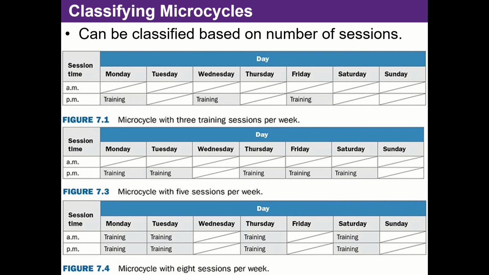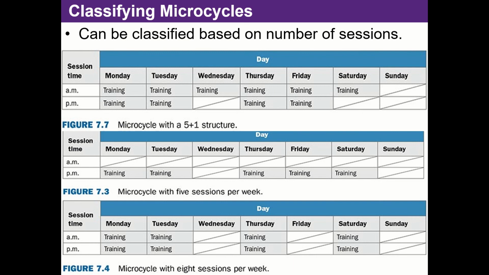Now, the way I just described that, we would have done something really fatiguing early on, and then we would have done something that requires mental energy after that. So that may or may not be the best plan, but that kind of goes in with the individualization of the program, of what works best for your athletes and what works best for you and the schedule that you have. Because the authors of this book have worked with pretty elite level athletes, like Bompa, in going back and reading his bio, worked with international level athletes, and so then they can do things like this, figure 7.7 that I just added,